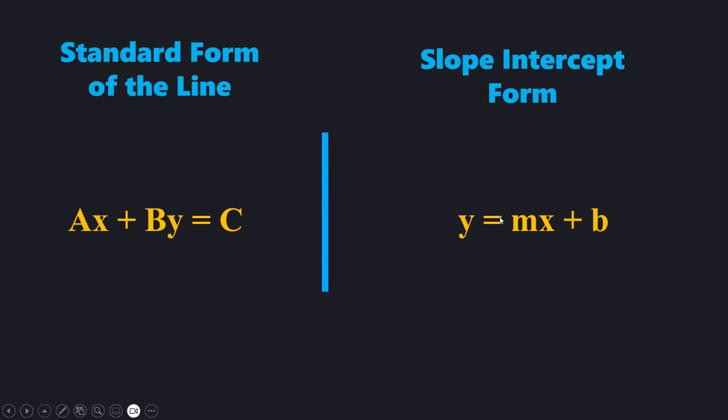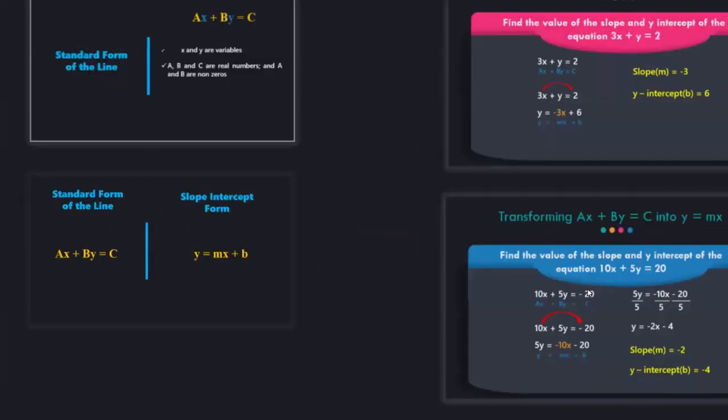But here in the slope-intercept form, sino yung nahiwalay? Ang nahiwalay doon ay si y. Right? Ang magkasama doon sa other side ng equation ay si x at tsaka si b. Okay? So now,